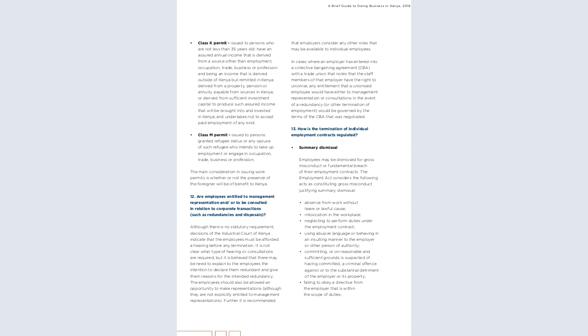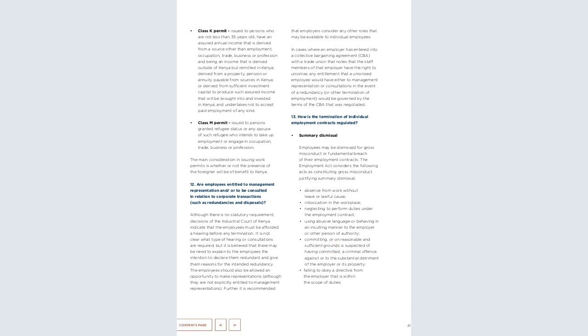We have Class M. The Class M permit is issued to persons granted refugee status or any spouse of such a refugee who intends to take up employment or engagement in an occupation. So they are entitled to management representation of